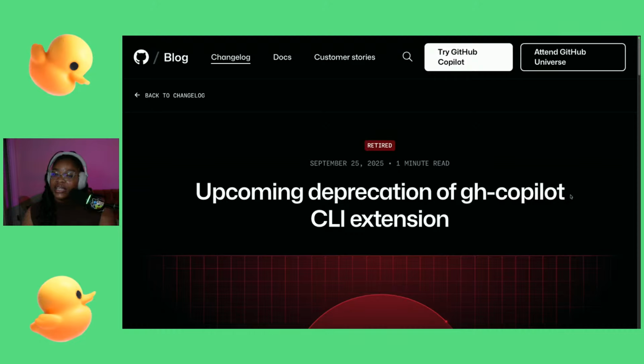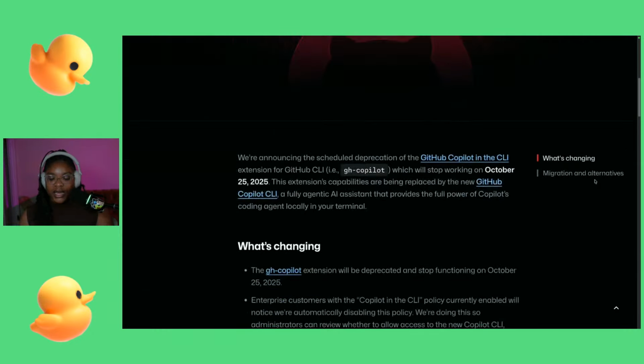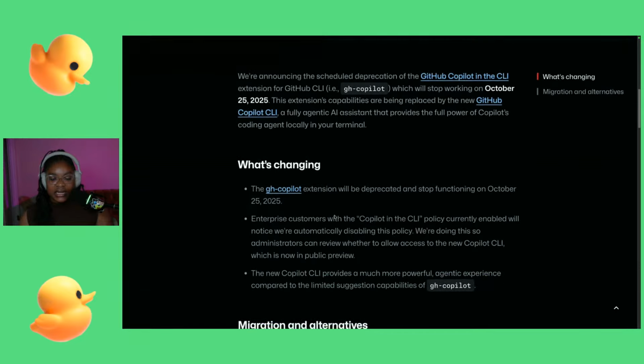If you remember, like a year ago, we shipped GH Copilot, which helped you with terminal commands, GitHub CLI commands, general shell commands, and also Git commands. And so we've expanded that to have Copilot coding agent in your terminals via the GitHub Copilot CLI, right?